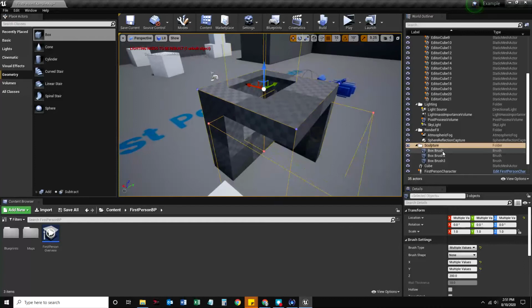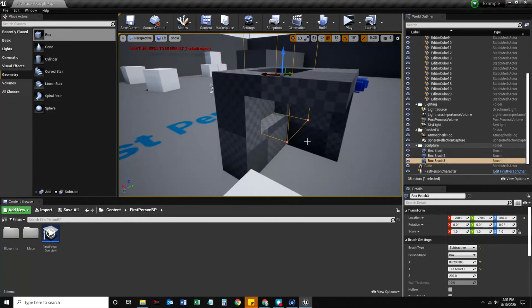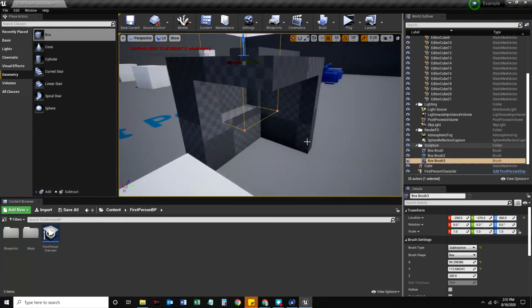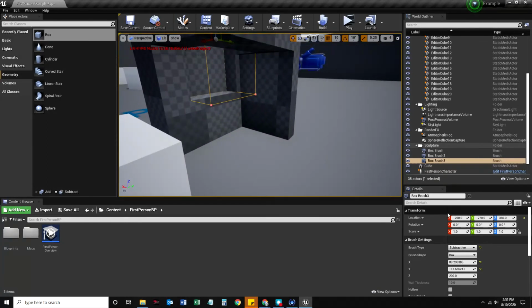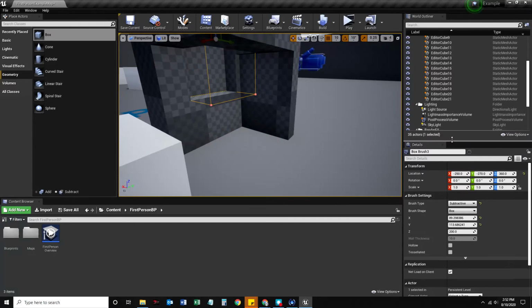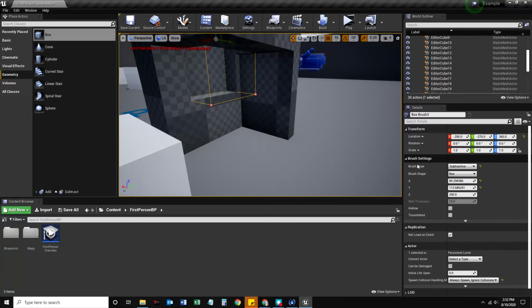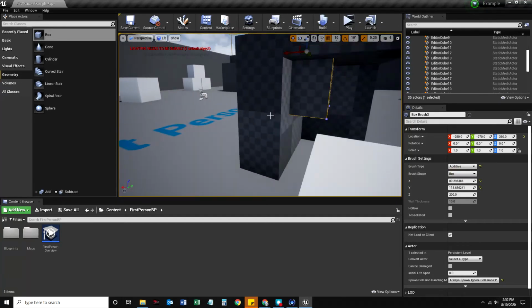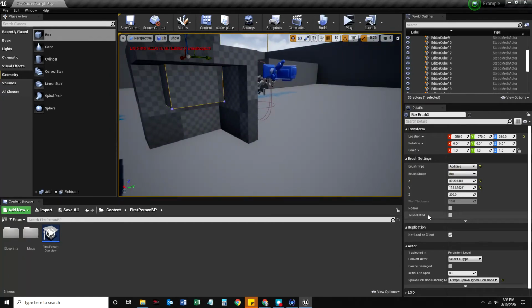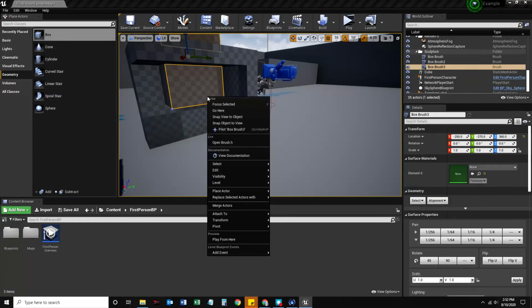Now, the beauty of this is, what if I take brush 2 or brush 3, and I don't want it to be a negative brush. I actually want it to be a positive brush, or an addition brush. Let me move to my details. Under brush settings, I could set that instead of subtractive, it's additive, and that adds that back. The other thing I can do is right-click this